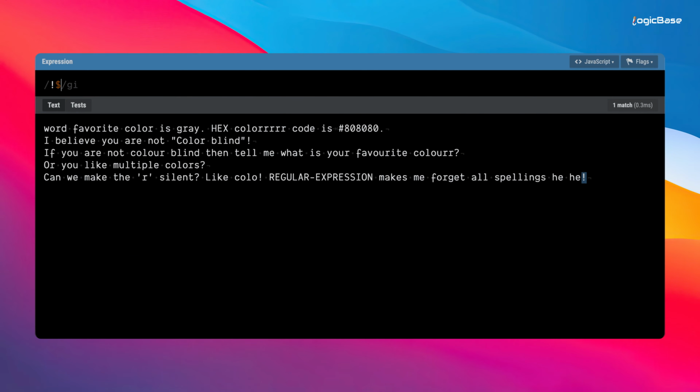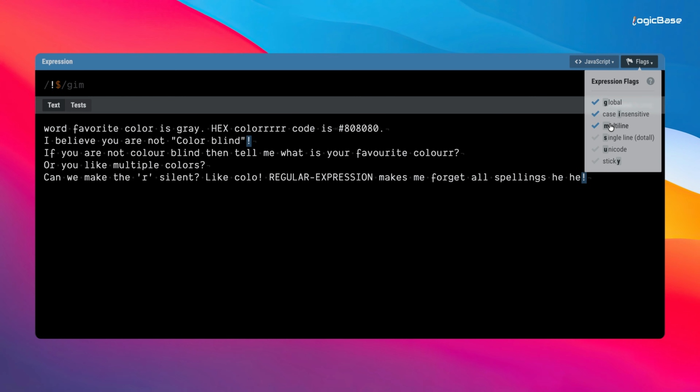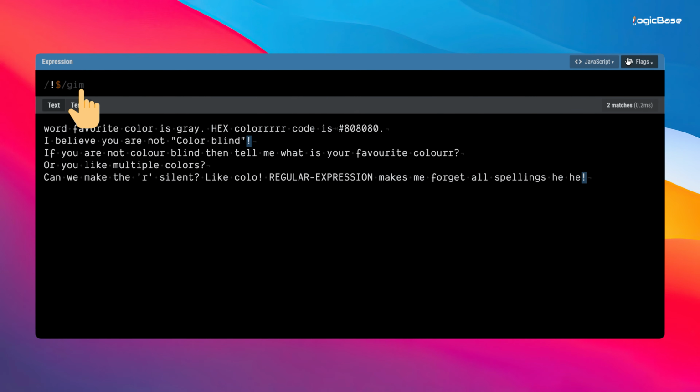This is one use of anchors. Another important point about anchors is when we turn on the multi-line flag in the flag section. The m flag comes into play here. This means matches will now occur line by line instead of looking at the entire string. Previously, we were checking the start and end of the whole string, but now it checks the start and end